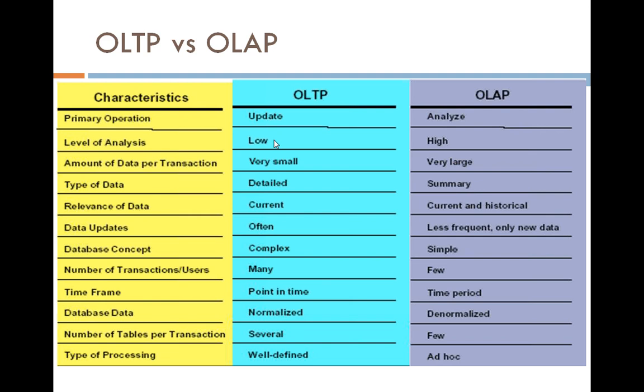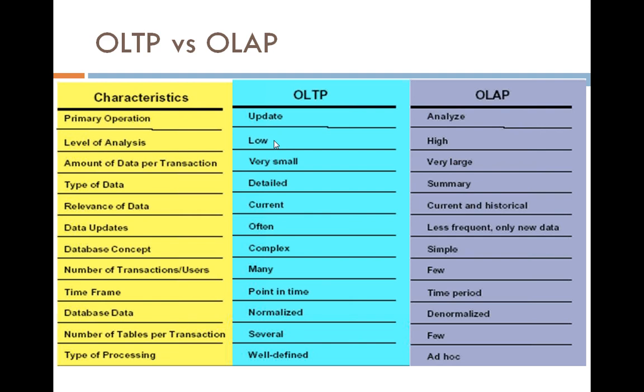But when it comes to OLAP systems, the data is stored in a different kind of architecture called star schema, extended star schema, snowflake schema, or hybrid schema. These are the different flavors which data warehousing systems use to store the data. These architectures allow us to do what we are missing in OLTP systems, which means good analysis, reporting, what-if analysis, and making sure the data is consistent. That's the reason we need a thorough understanding of the difference between OLTP and OLAP systems.